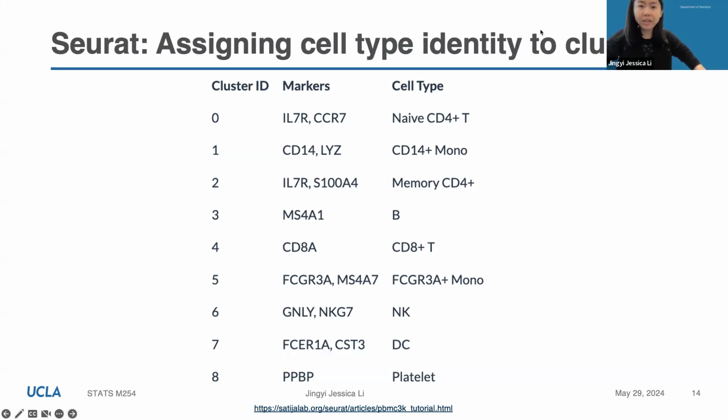But you can see the challenge is that when you have some clusters with genes you're unfamiliar with, then maybe that's the chance for finding or annotating a new cell type. But sometimes it's really depending on the people who do the analysis, right? It's subjective. You can keep it as a so-called new cell type, or you may merge it into some other existing clusters. So therefore, there's also a discussion or lack of consensus on what cells should be called cell types